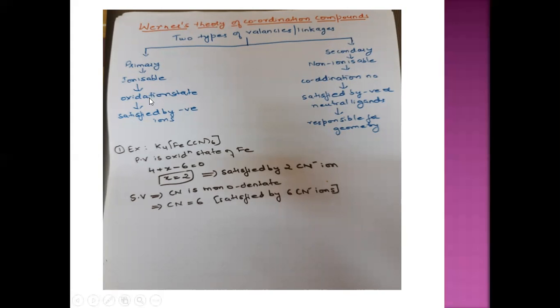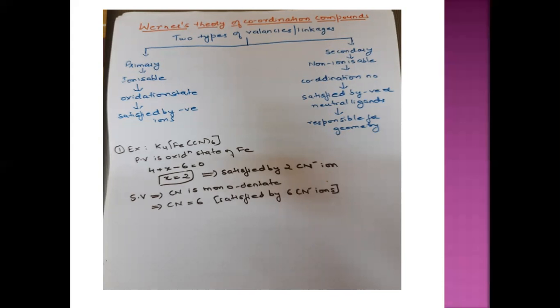Now, you know that the oxidation state of a central metal atom is always a positive number. So the metal will always possess a positive oxidation state. It should be satisfied by certain ions to make the compound neutral. So it is satisfied by the negative ions present in the compound. It may be in the ionic sphere or it may be a ligand. Whatever negative ions are present in the compound will satisfy the oxidation state of the central metal atom.